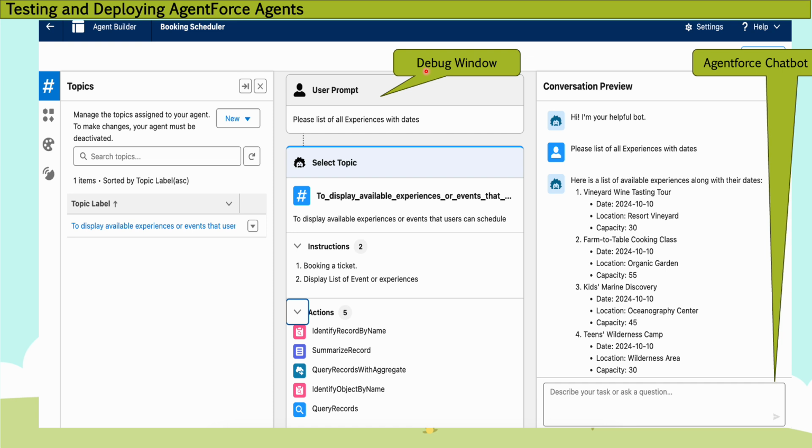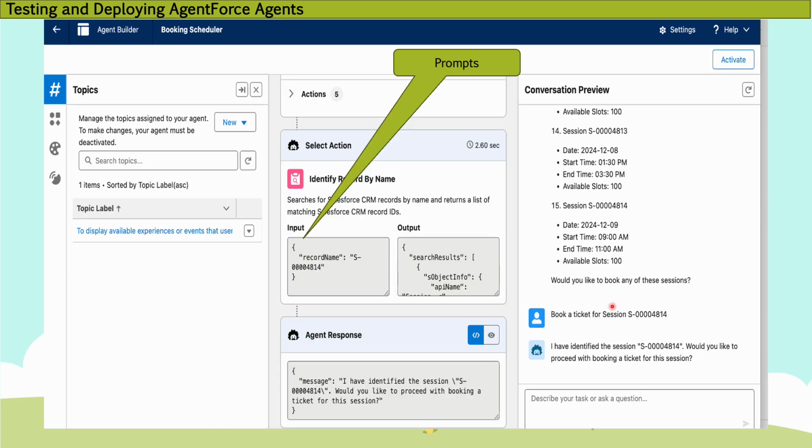It's time to test. I'm using a chatbot channel to interact with my agent. Okay, so this is my chatbot preview window. Here I just typed, please list all experiences with dates. So my agent responded back to me with the list of events available. In the debug window, you can visualize what is going on, which topic was called, and what actions were used to display this response. Finally, I requested to book a ticket